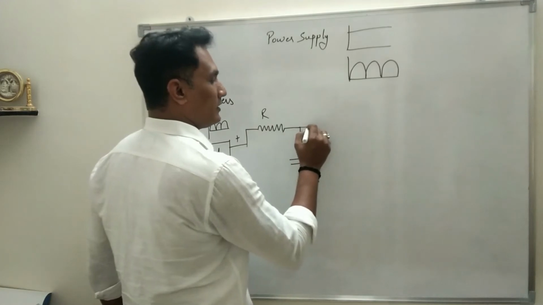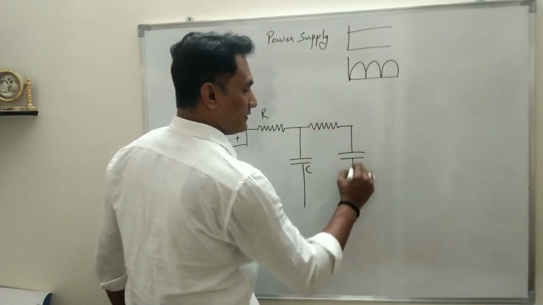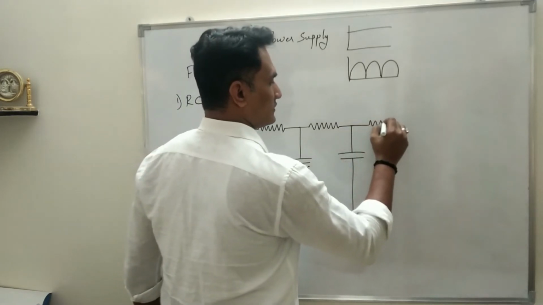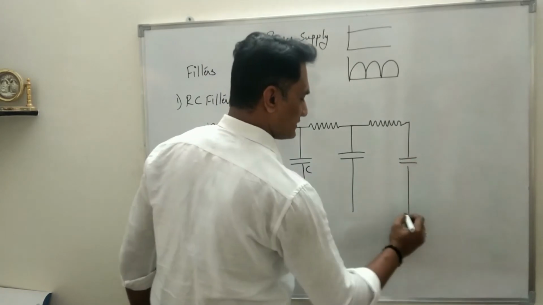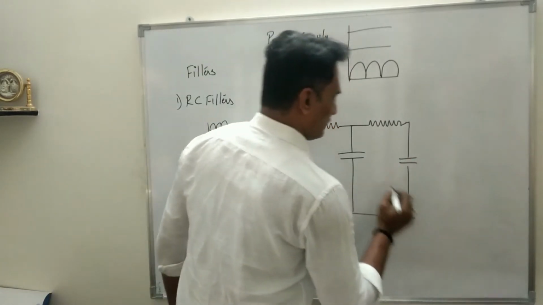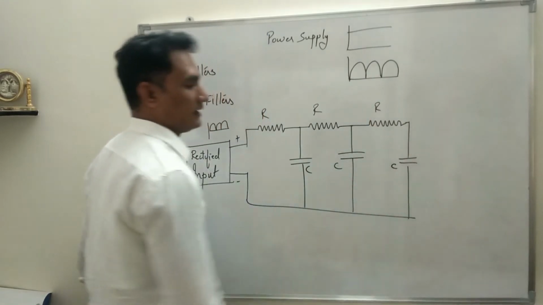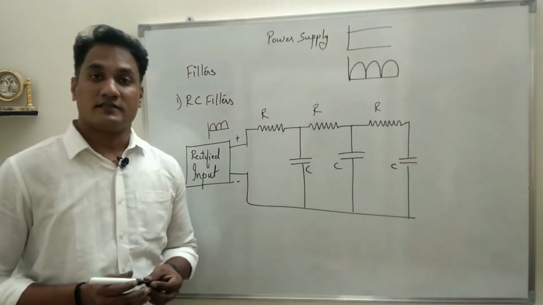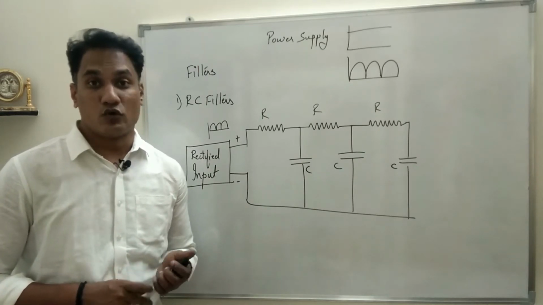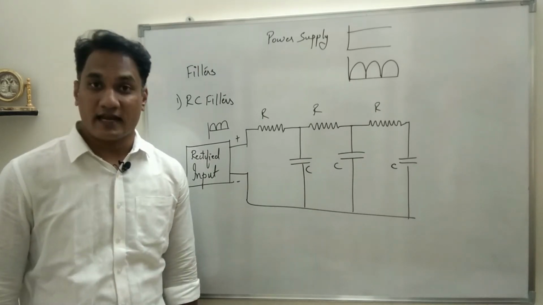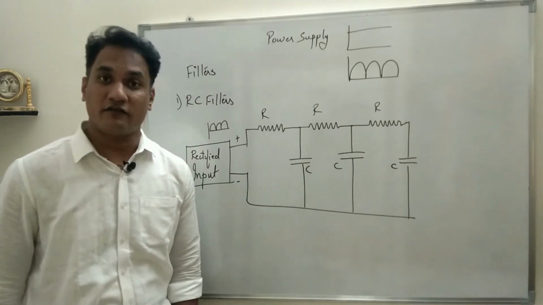So depending upon how much is the ripple, we connect this. This diagram is specified in the book as 3 sections, so I am specifying it as 3. So now we are using 3 sections of RC. What I said, the resistance offered by the pure resistance is 10 times more than the capacitive reactance. So each section will reduce a ripple by a factor of 10.